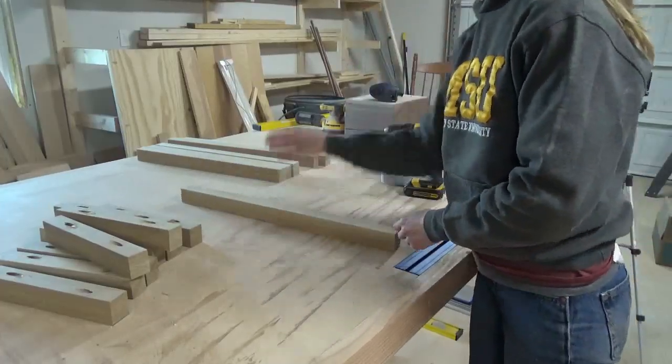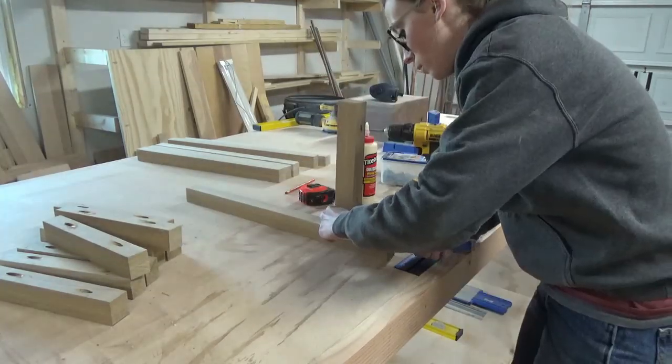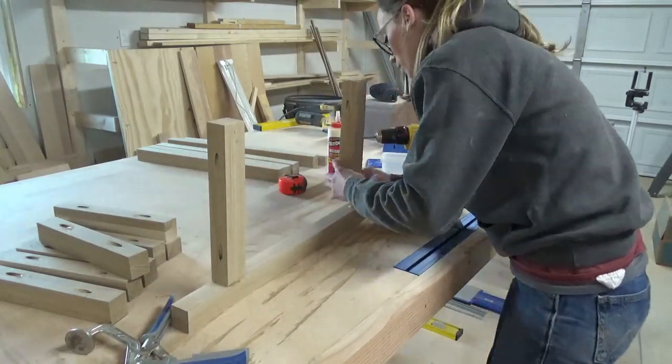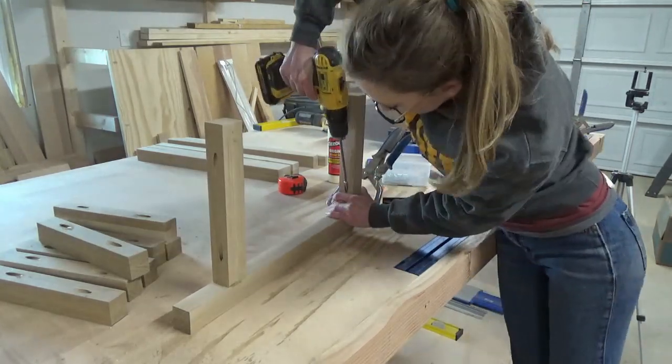One thing to note is that with using hardwood, you should use fine thread pocket hole screws. I used coarse thread pocket hole screws for the first few pieces, and it was very, very difficult to drive. Fine thread pocket hole screws are the way to go if you're using hardwood,